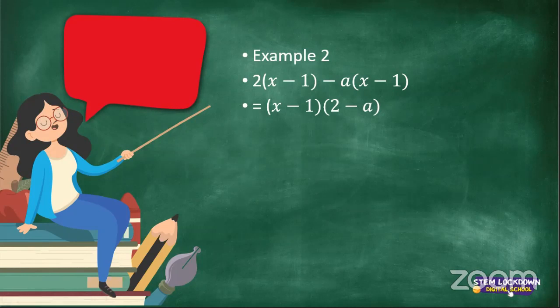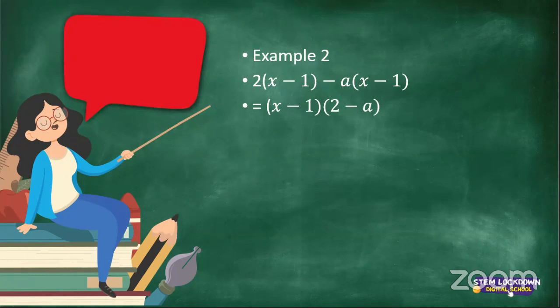You have got 2 open bracket x minus 1, and then minus a open bracket x minus 1. And you can tell without any doubt that the common factor there, the binomial x minus 1,